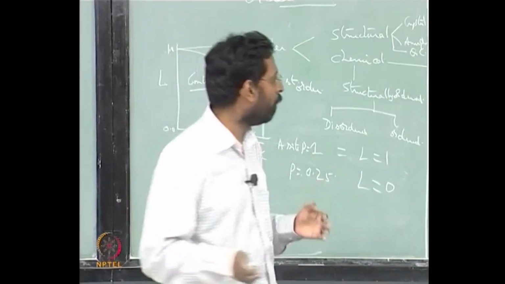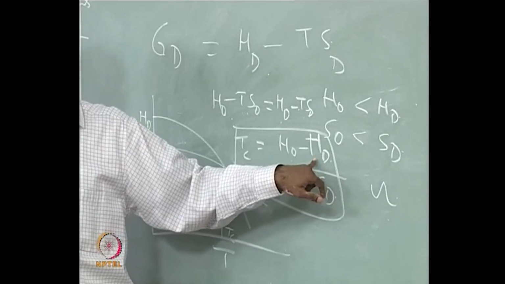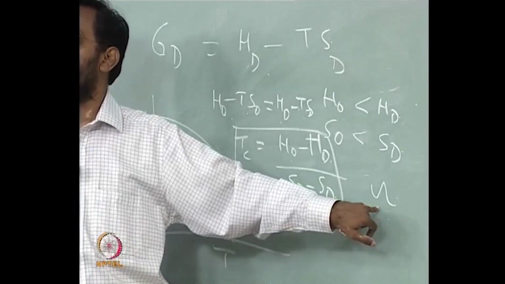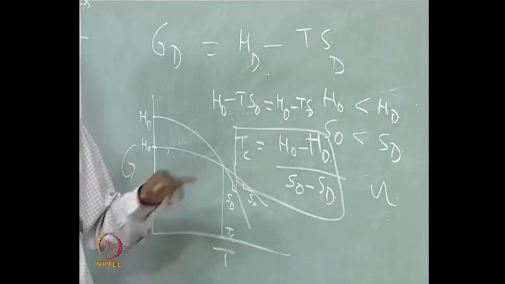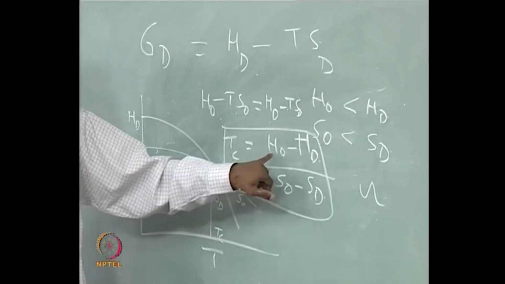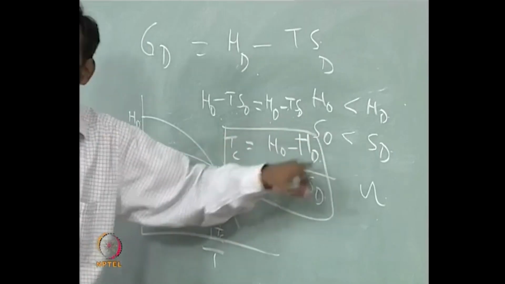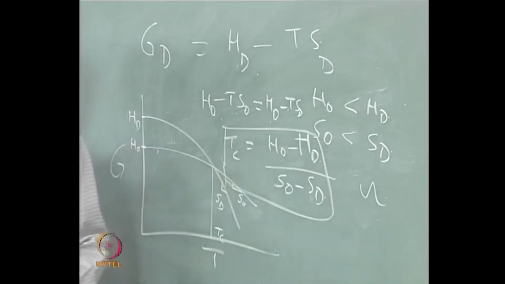but it is chemically disordered. So, Hd basically is close to 0, okay, H of the disorder, whereas H naught is decided by the omega. The larger the omega, and this is negative and this is also negative, so the negatives cancel, so finally you get a positive number for Tc, isn't it? So, H naught is more negative than this, so that is why this is a negative number, and this is also less than this, so this is also a negative number. So, ultimately you get a positive value for the Tc,